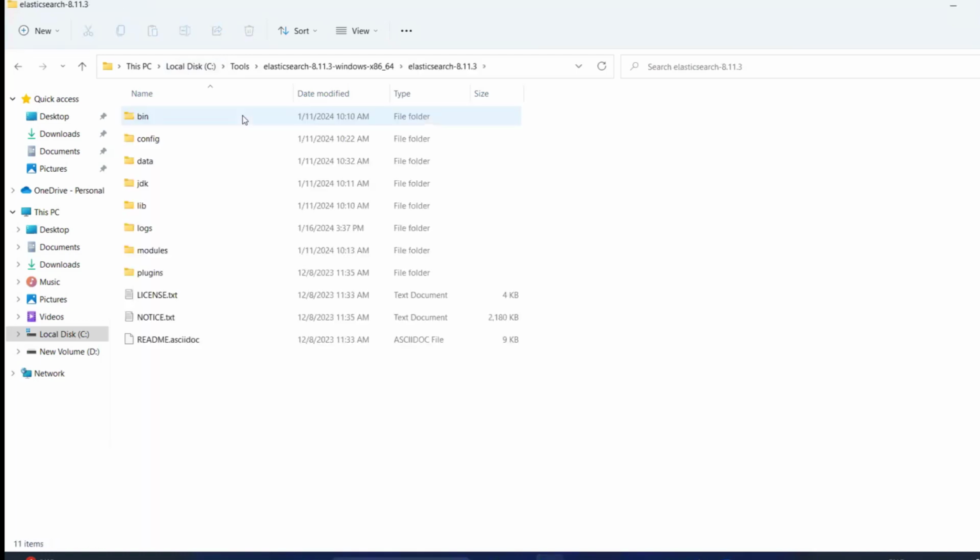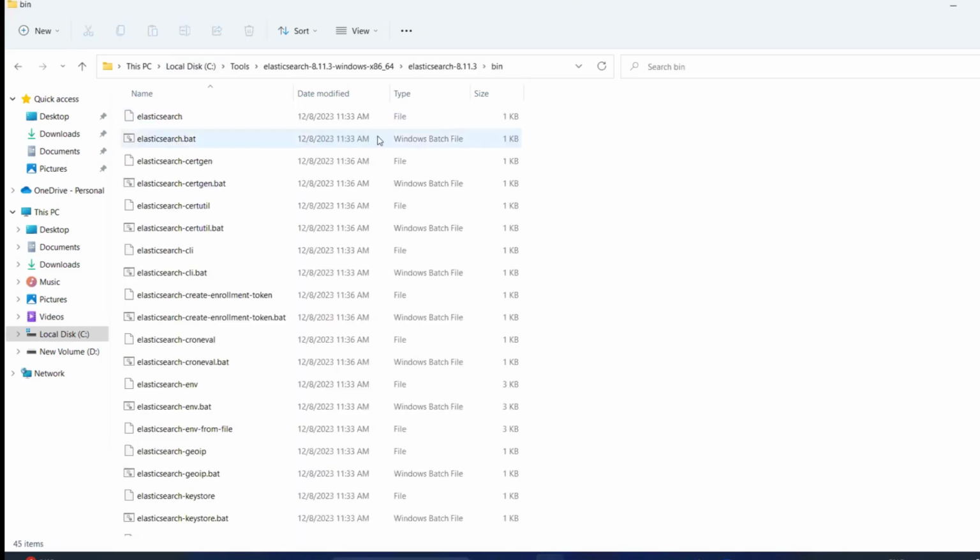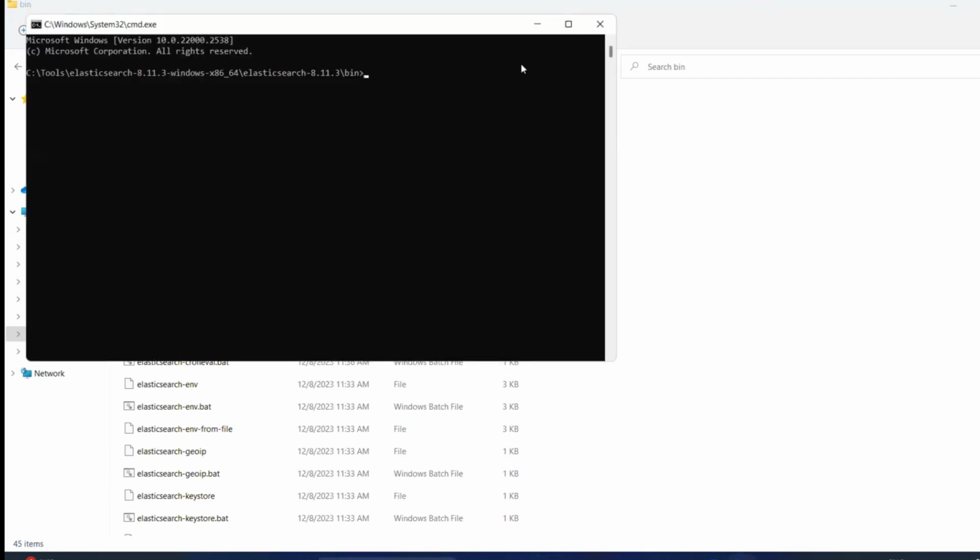First, we'll see for Elasticsearch. Open the bin folder. You can see elasticsearch.bat. Click here, enter CMD. This will open a command prompt with the administrator mode. Okay. So now just type E, you'll get elasticsearch.bat. Click on enter. So once you have done that, if you just add the localhost 9200, it should start